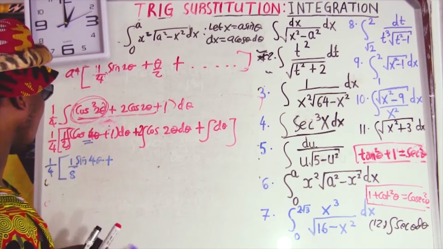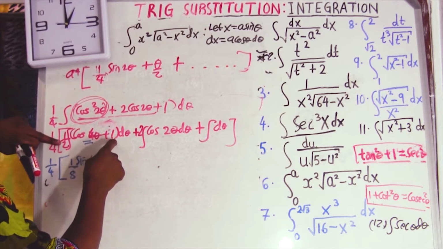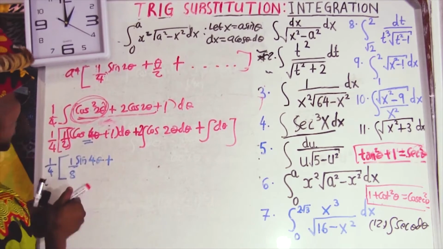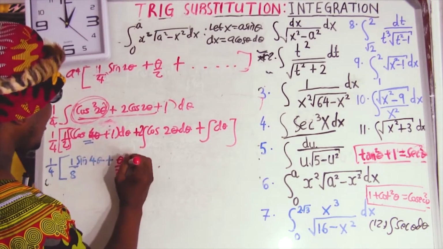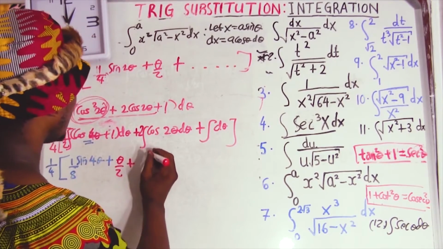Now we go for the second one. Integral of 1 is going to give you theta. Integral of 1 d theta equals theta, but times a half equals theta over 2. Now plus, now we come for this one. This is 2. We have a 2 for both. So this is going to give you